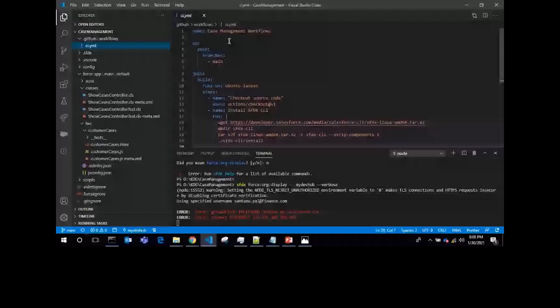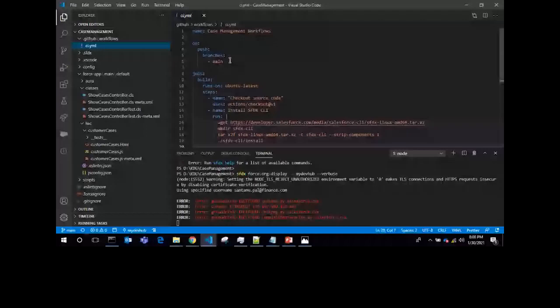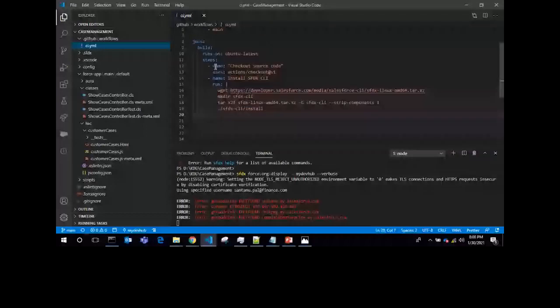This file will help to run the GitHub workflow actions. Going through this file one by one: first, we mention the name, the case management workflow. Next, we mention the branch, the main branch. When you commit the code into the main branch, it will be automatically executed on your behalf. It checks the code coverage for your project directory. So this is the job, this is the virtual machine, Ubuntu latest, and the steps. Each name entry is called a workflow action.